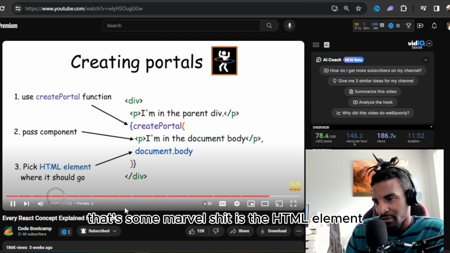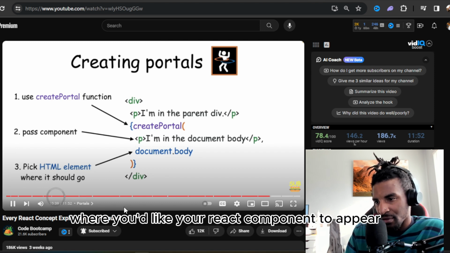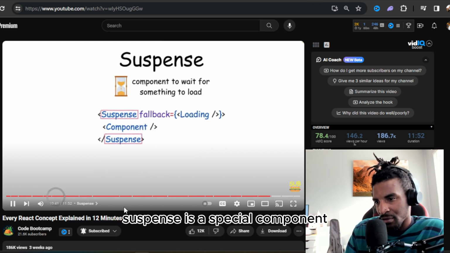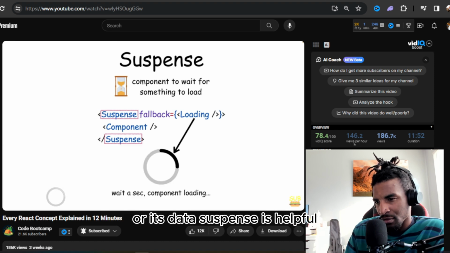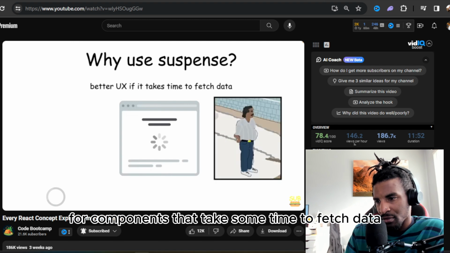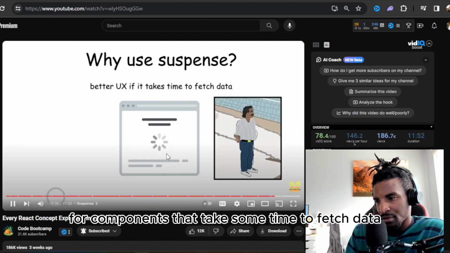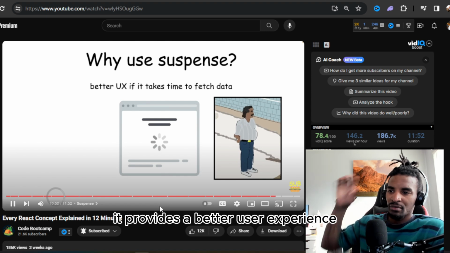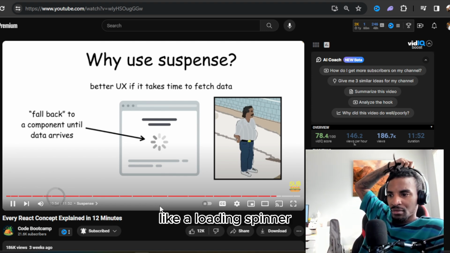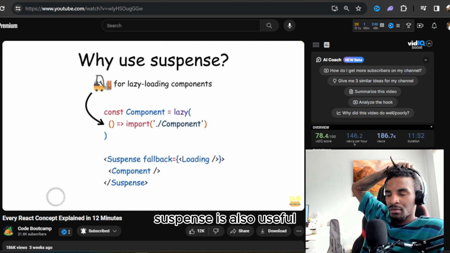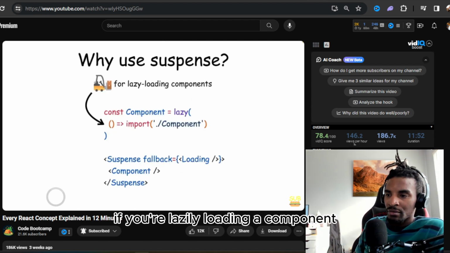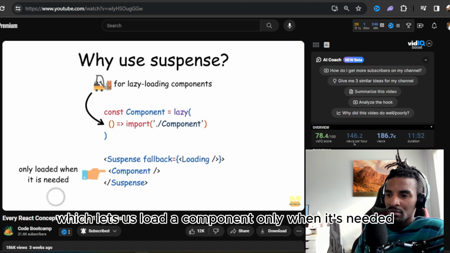the HTML element where you'd like your React component to appear. Suspense is a special component that helps you handle loading a component or its data. Suspense is helpful for components that take some time to fetch data. It provides a better user experience to show a fallback component like a loading spinner until the data is available instead of nothing. Suspense is also useful if you're lazily loading a component, which lets us load a component only